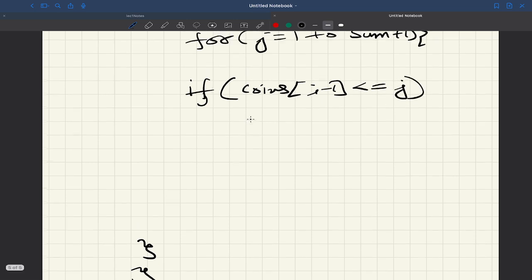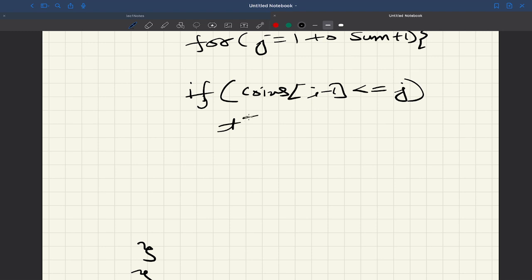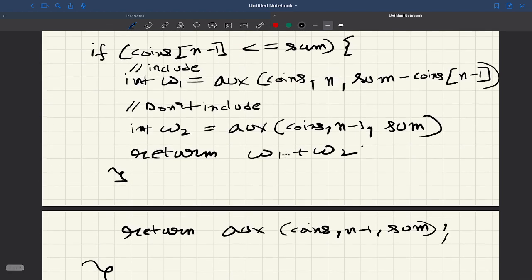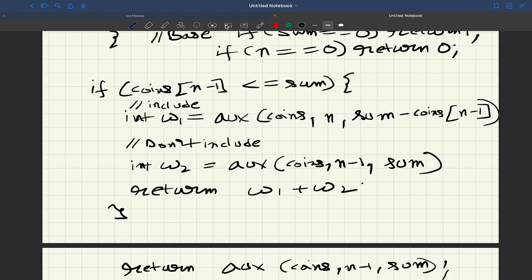If this condition is true, then the answer of t[i][j] will be, replacing n with i and sum with j, t[i][j minus coins[i minus 1]]